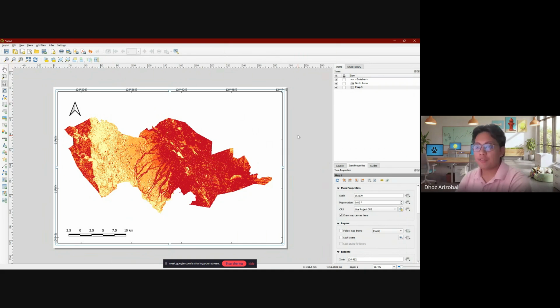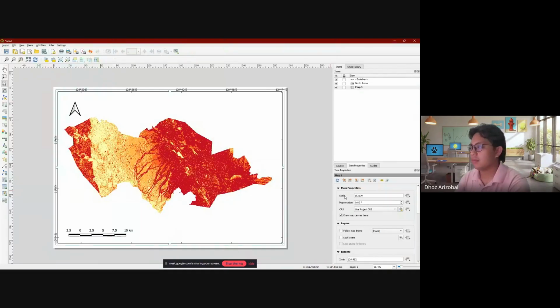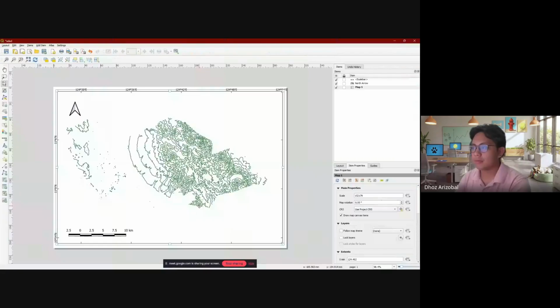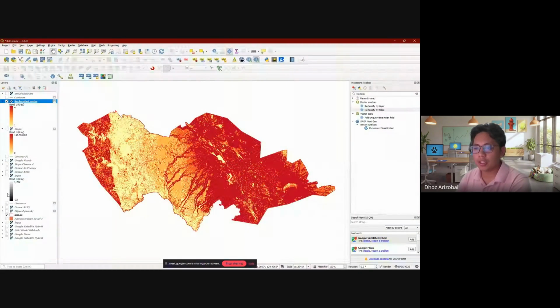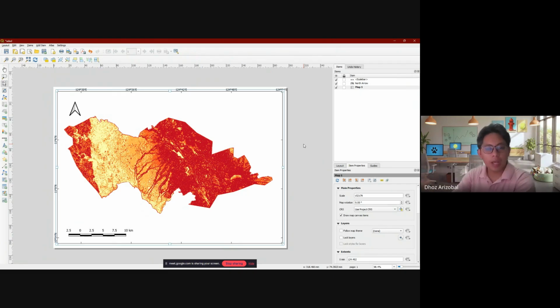So now, from the same layout that you had from your contour map, okay, so that's your contour map. You don't have to move the map. Okay? You don't have to do that. You just change your active layer and just click draw. And that's it. Now you have a new map that is instead of your slope zones. Earlier was the contour map, and this is your slope zone.